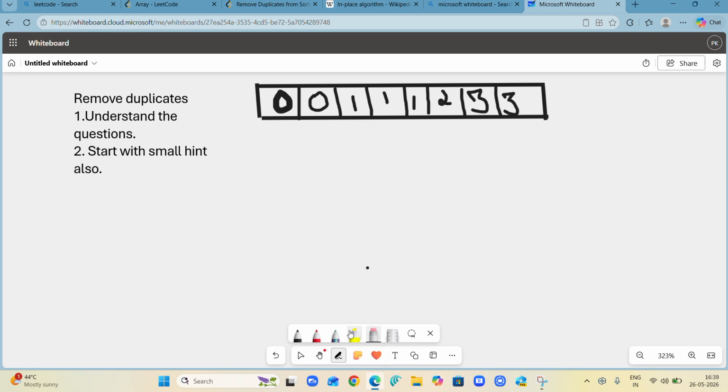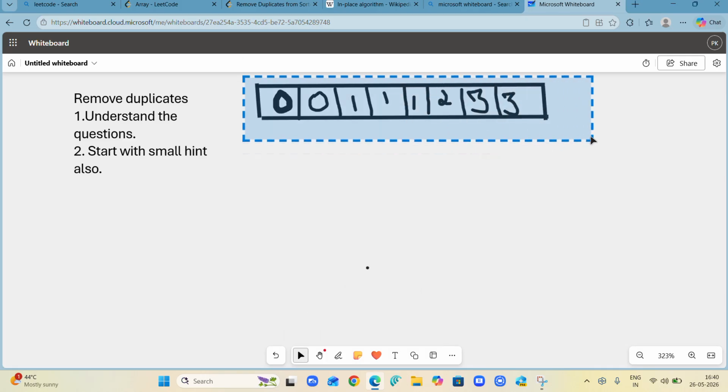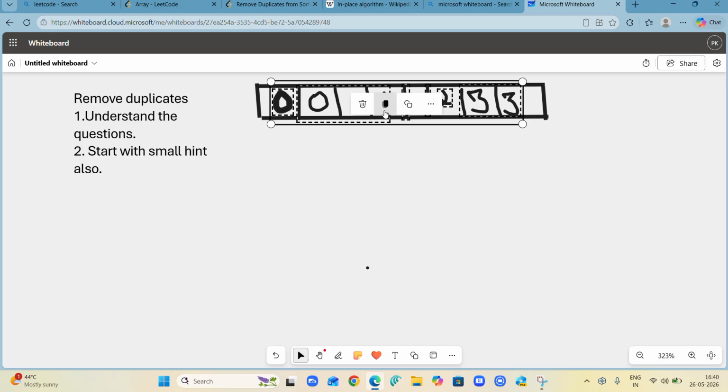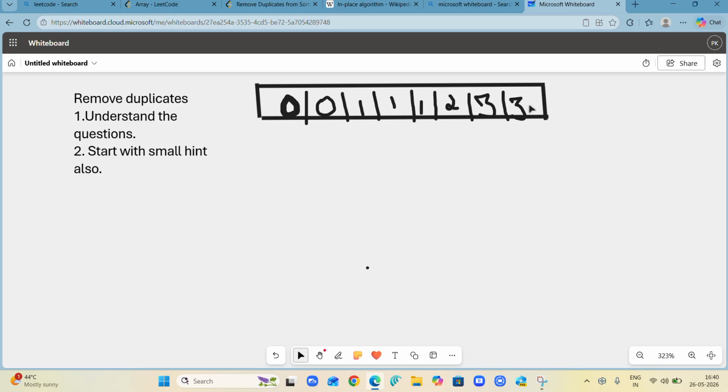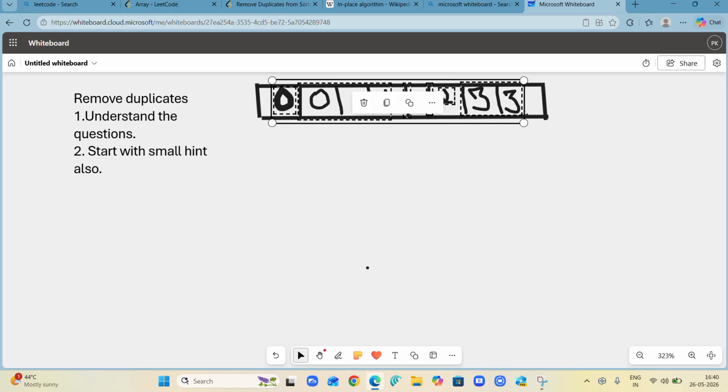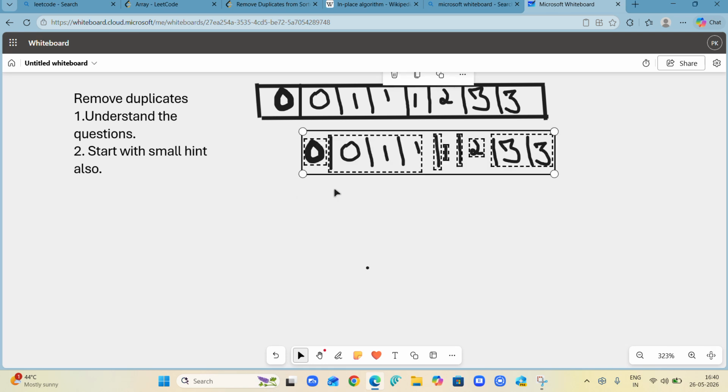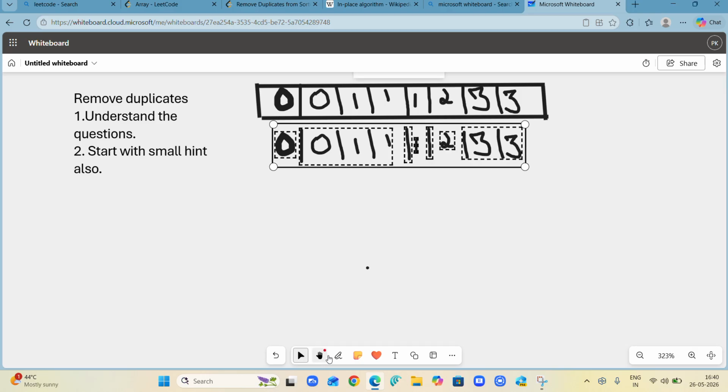Okay, now if I were at your position, the thing that would have come to my mind is this: let me first create a copy of this array. Let me paste it over here. I know some elements will be missing. I'll construct the above border. No issue with that.